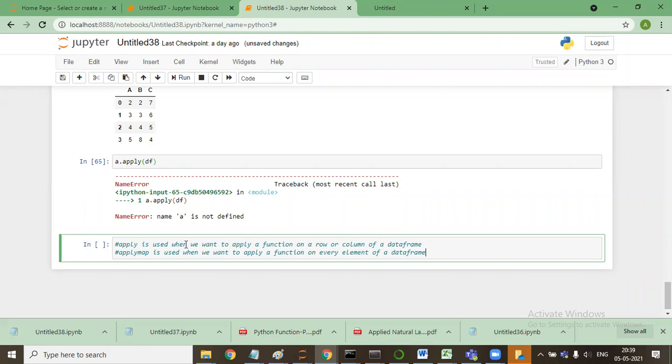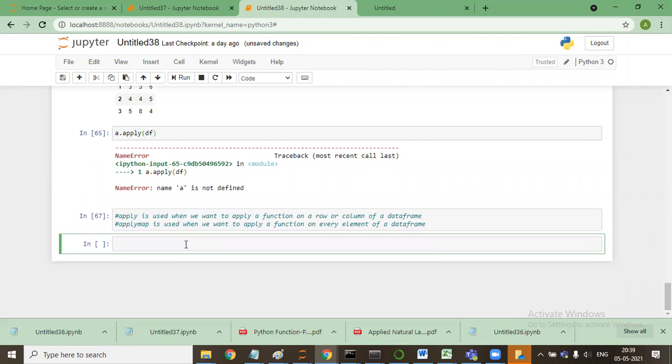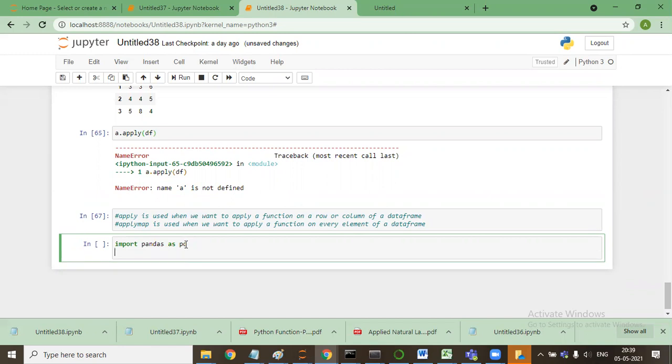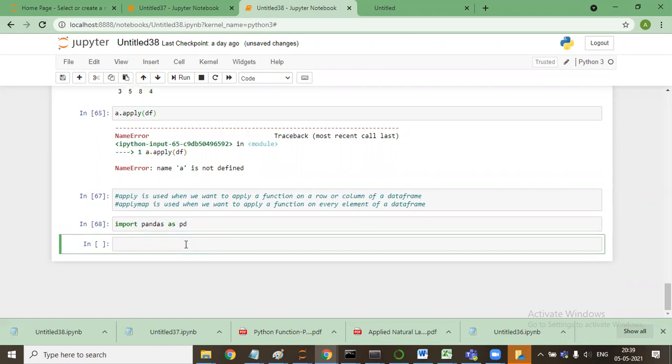So let me make a dummy data frame. I'll say PD to data frame. I'll create a dictionary the same way I have created yesterday.